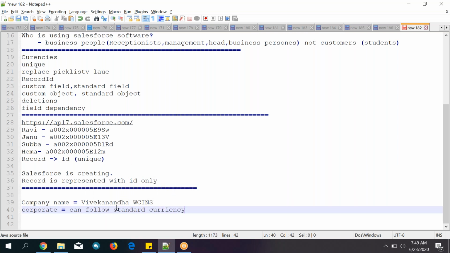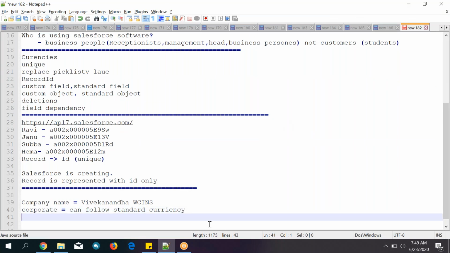What currency do they want to follow? If it is in India, they want to follow Indian currency. If it is USA, they want to follow USA currency. If the institute is located in Russia, they want to follow Russian currency only. Based on the country, they want to follow currencies.